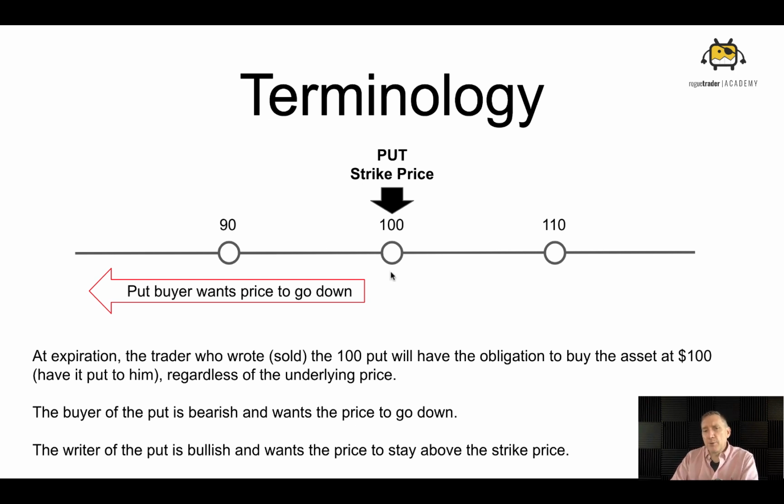The buyer of that put is bearish. They think the price is going to go down. The writer of the put is bullish. He thinks the price is going to go up or stay here, or maybe go down a little bit, but not enough for him to lose money on this. So I'm starting to plant some seeds here. The buyer has to be exactly right, and his timing better be damn good. The seller, not so much, but there's risk. Let's just keep that in our minds.